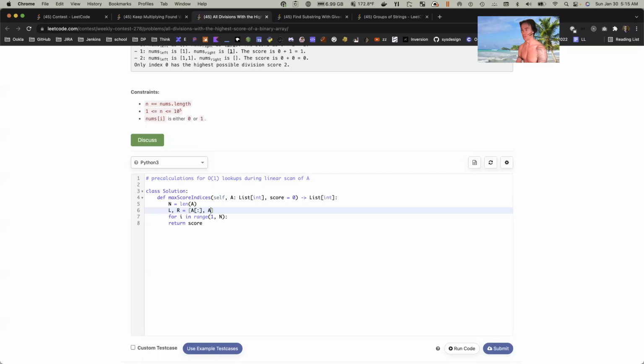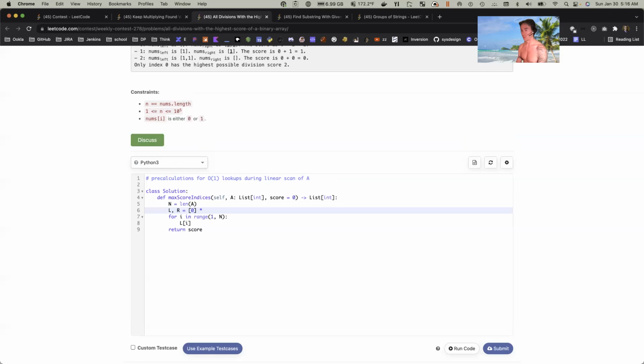Make a copy of A, and then for i is 1 to n, I say L sub i. I want the zeros to be ones and ones to count as zeros. So actually, no, I'll just keep it easy on myself. Let's just do,